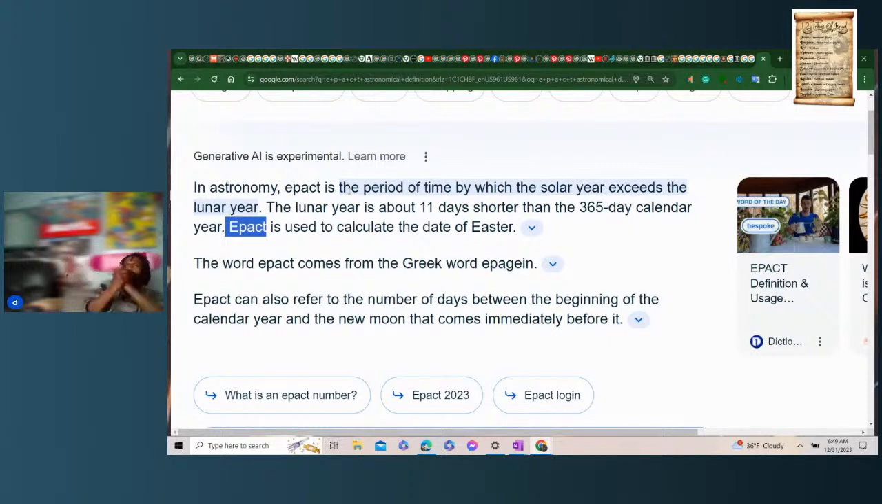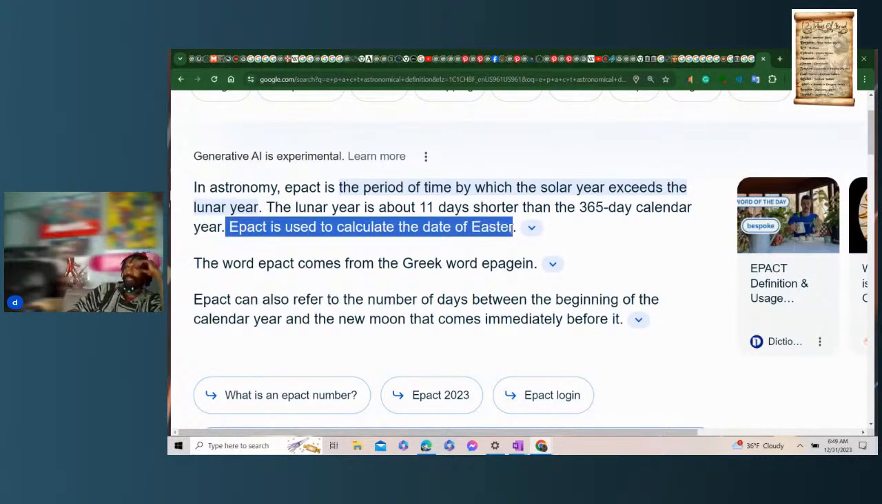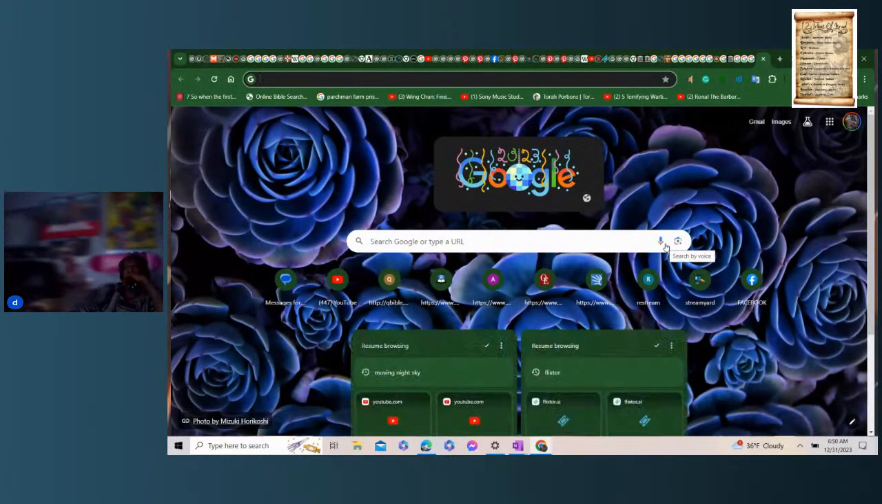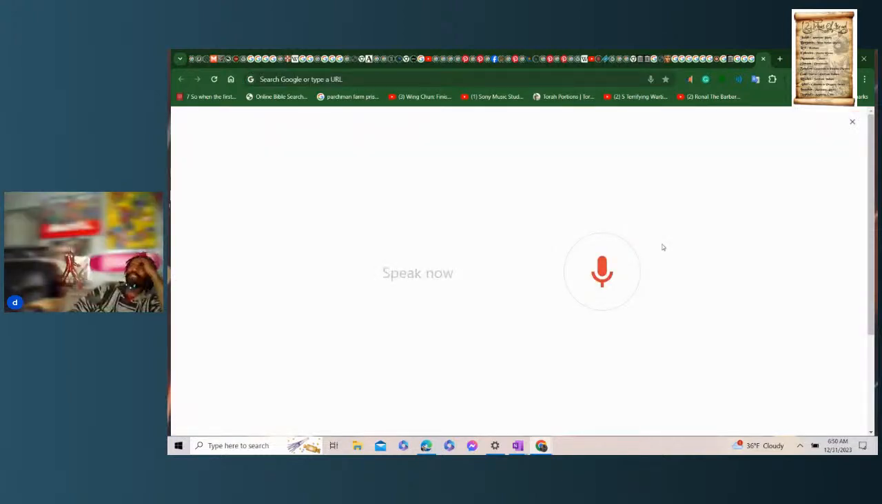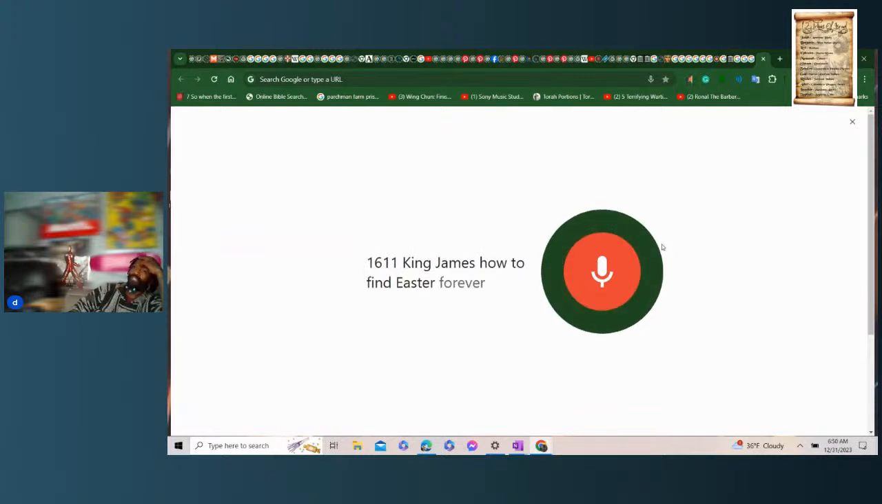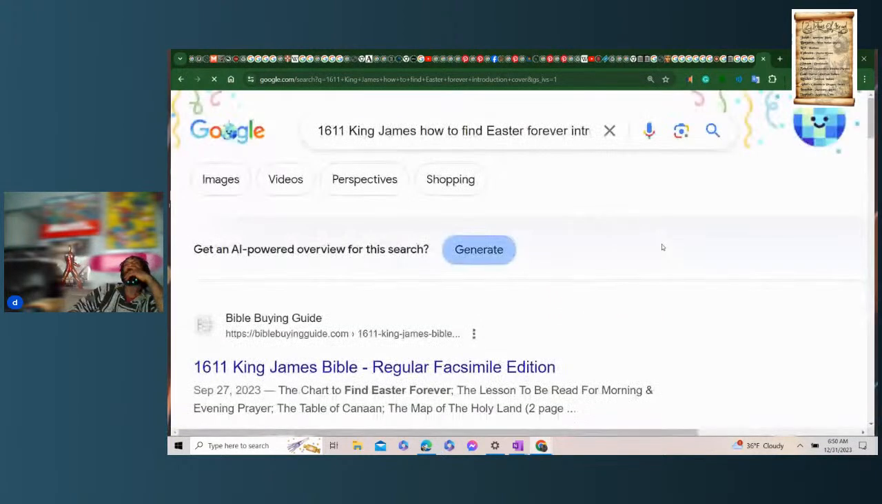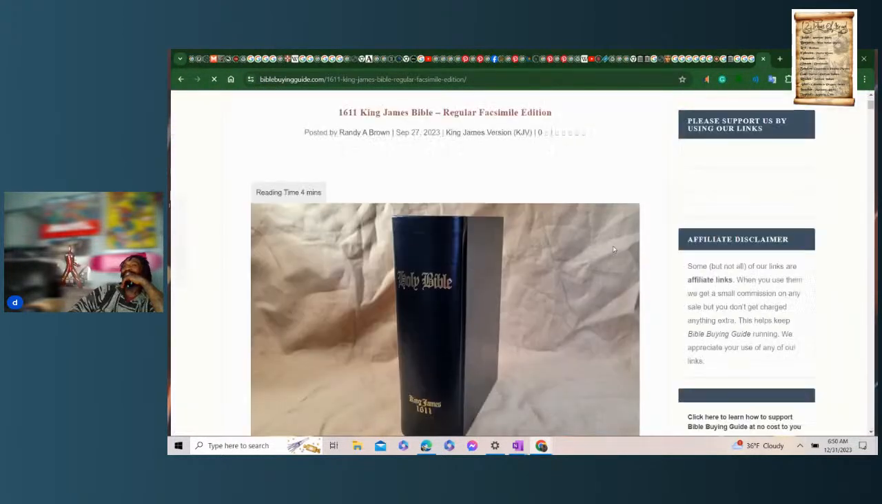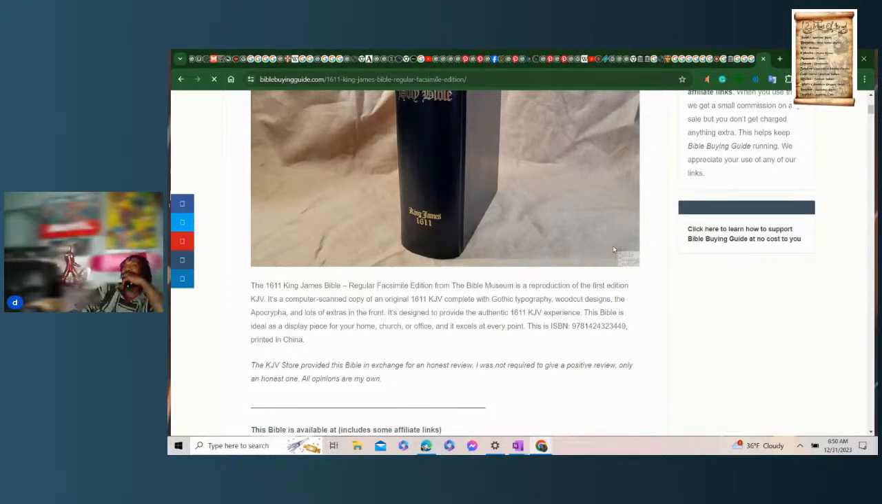That's excellent. So here's something extra that stuck out to me right here. It says the epigen or the epact is used to calculate the date of Easter. What do you think that means? Repeat that one more time. Okay, give me a second. 1611 King James, How to Find Easter Forever, introduction. Oh man, Yahweh is so good. So let me read this. The epigen or the